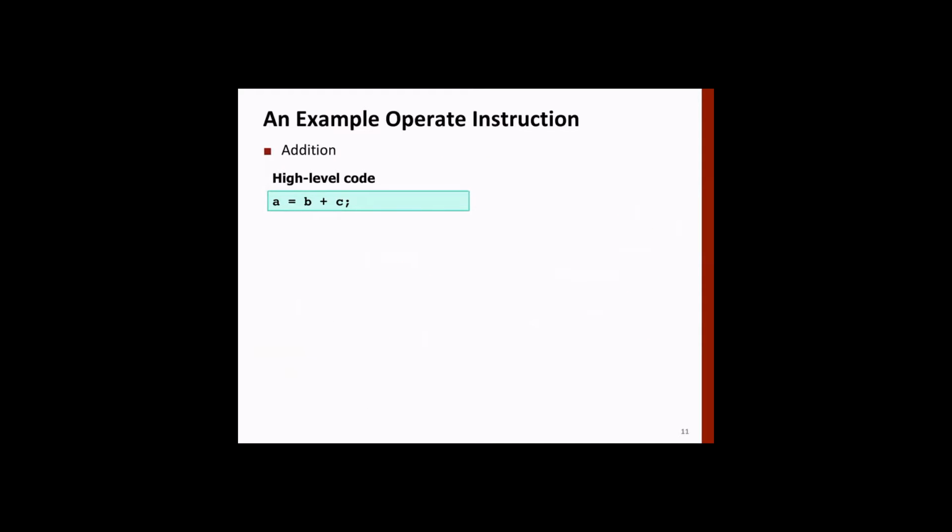So let's look at one instruction. Let's take a high level instruction, addition. This is high level code, say in C, for example, A is equal to B plus C, where B and C are variables and A is also a variable. In assembly, we can represent this instruction as add A B C, where A, B, C are the operands.